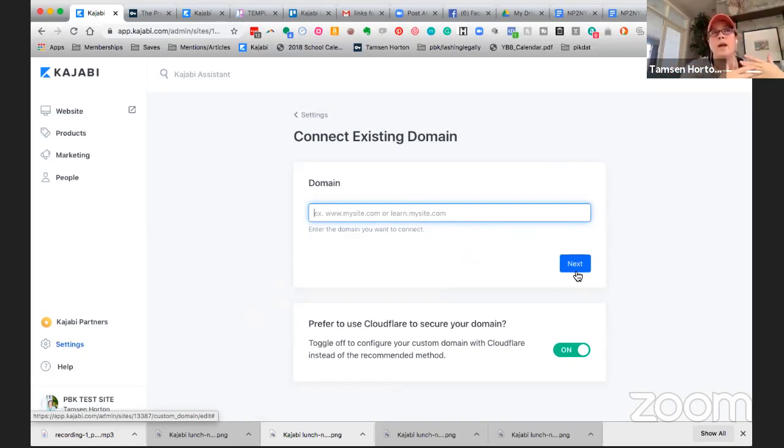So when I'm doing landing pages, it's tamsinhorton.com/whatever I want to put after the page. For blog, it's tamsinhorton.com/blog/whatever I want to put after the page. I personally could care less if the word blog is in there. Some people, that's a really sticky widget for them.